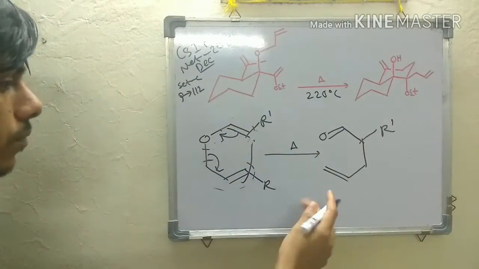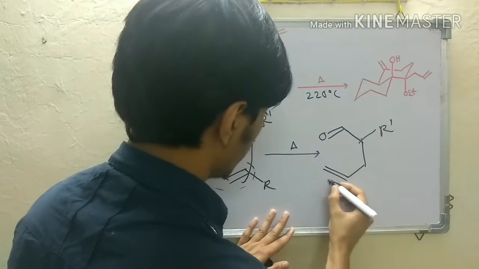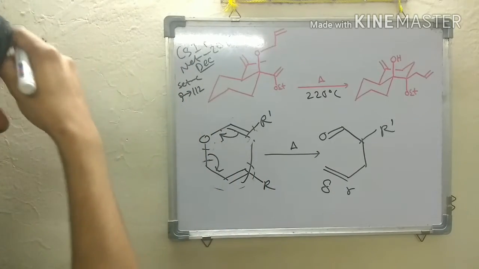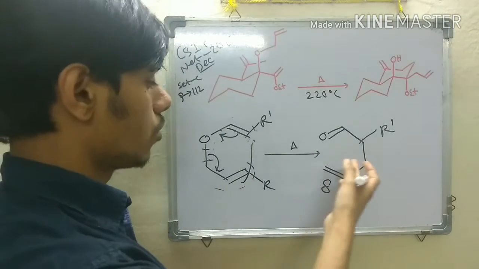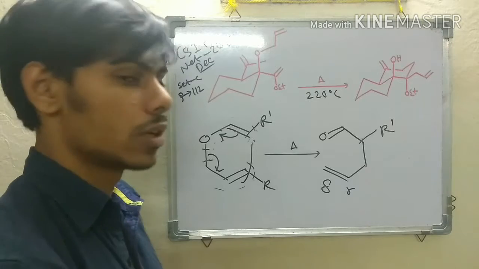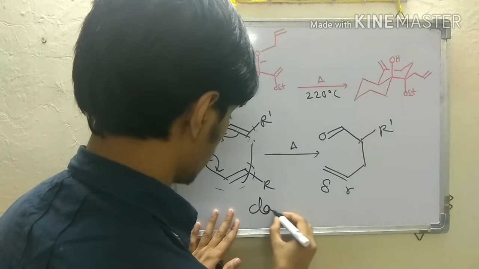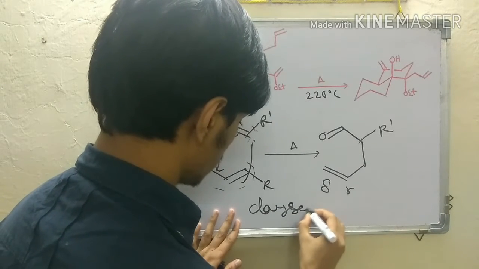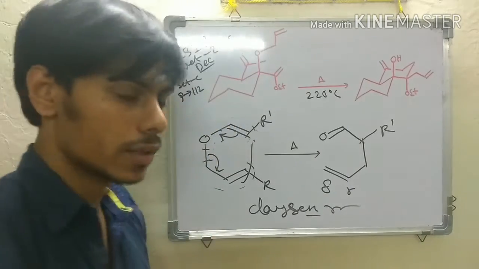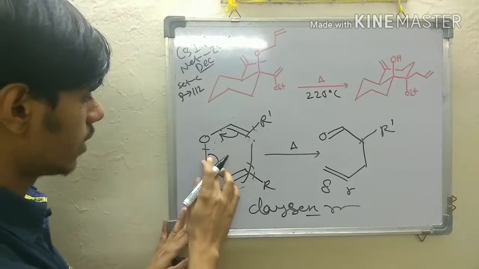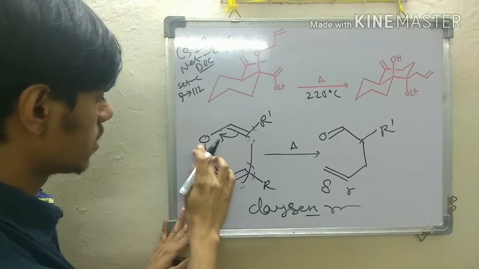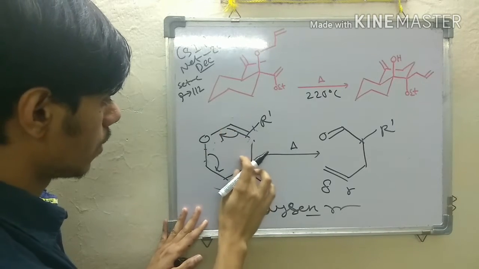So this is gamma, delta. Starting from allyl vinyl ether to a gamma, delta unsaturated carbonyl compound, this is called Claisen rearrangement. And to identify which type of substrate gives Claisen rearrangement, you have to number